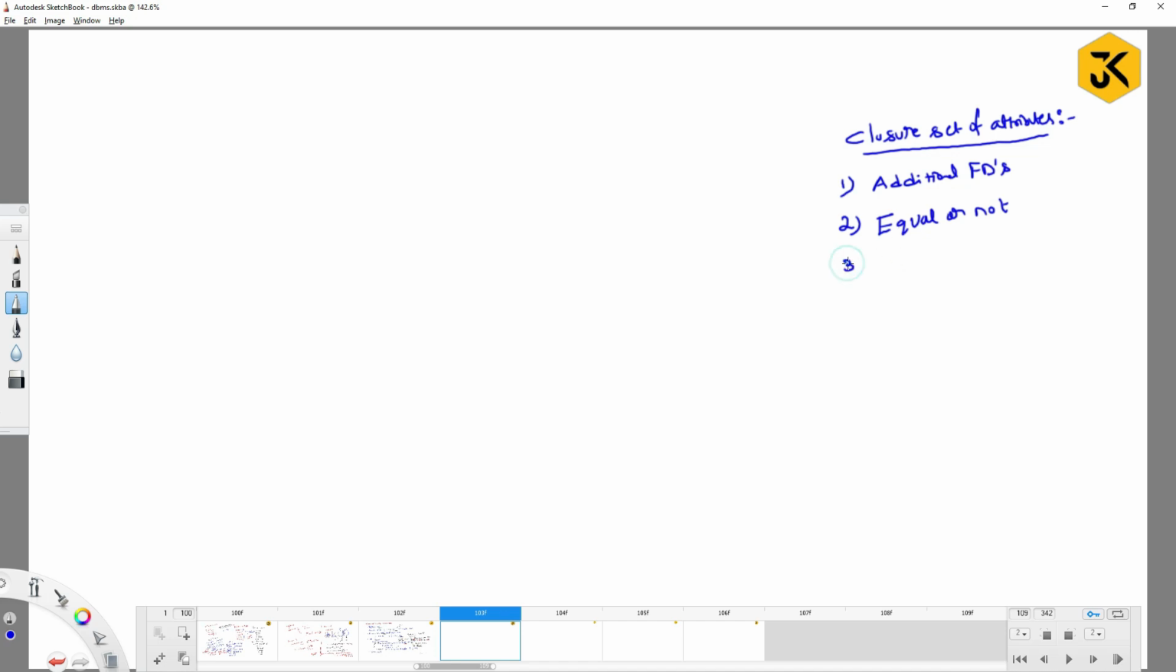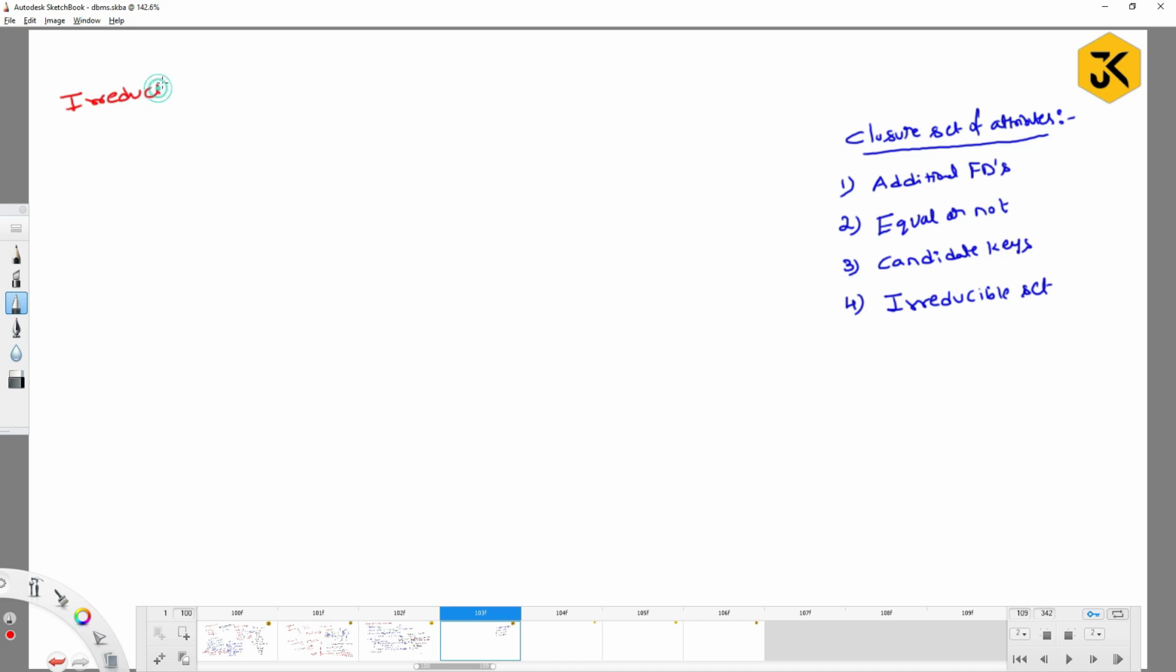Another one is that with the help of closure set of attributes we can find out various kinds of candidate keys in the given set, right? And one more advantage is we can identify the smallest set from the given set. We can call it an irreducible set, right? So now in today's class we will see the final advantage of closure set of attributes, that is